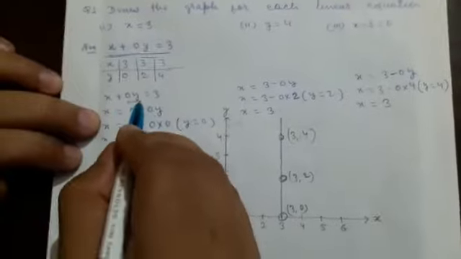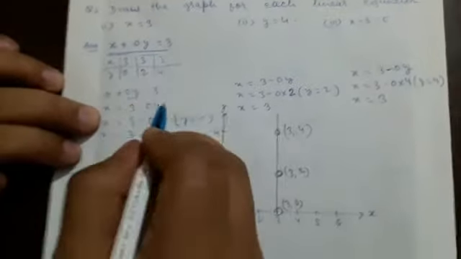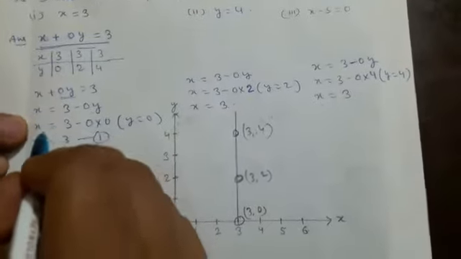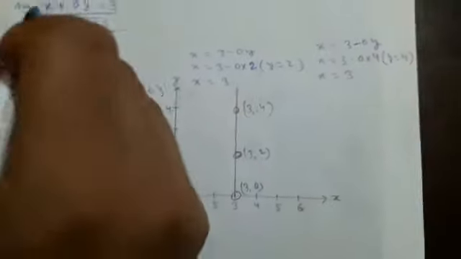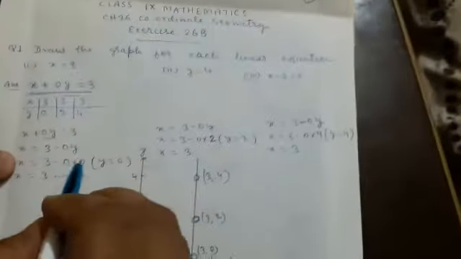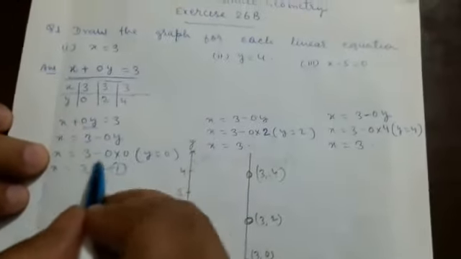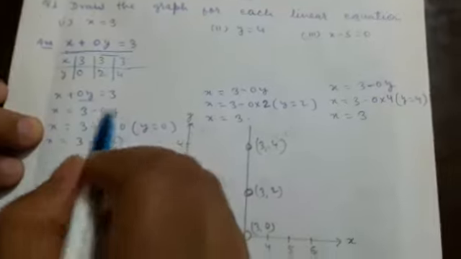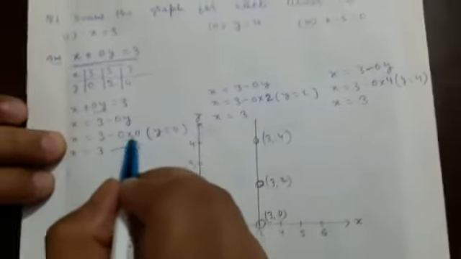So x is equal to, the 0y will go to the right. When we transpose it to the right side, it will be minus. So x is equal to 3 minus 0y. Now we'll make a column of x and y. Now let us put in the value of y, then we will get the corresponding value of x. If we take the value of y first as 0, then x is equal to 3 minus 0 into 0, that is equal to 0. So x is equal to 3.